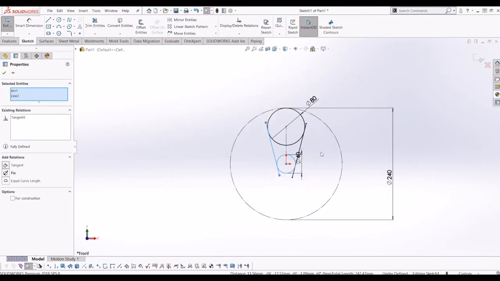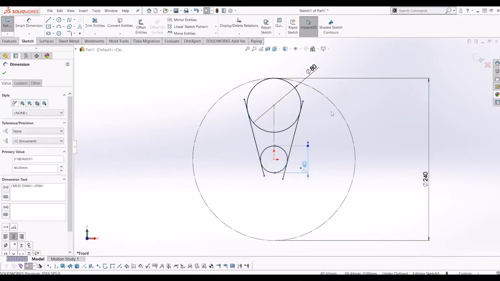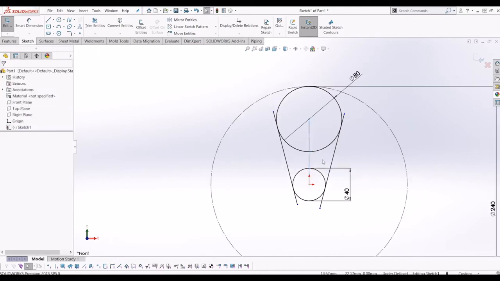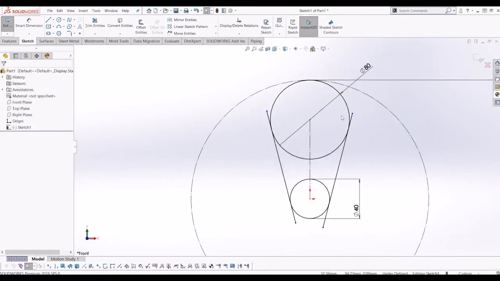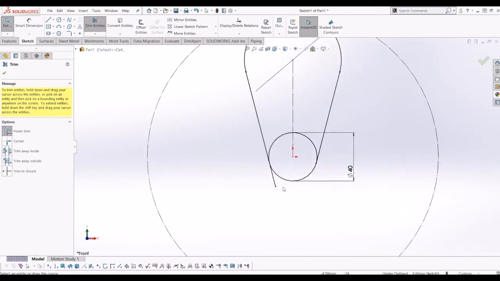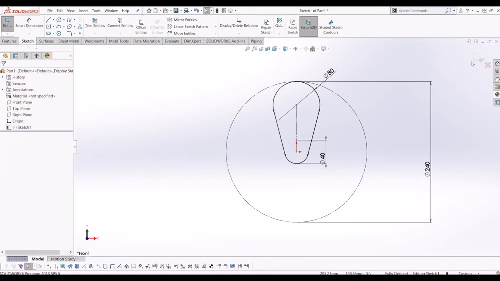So I've drawn 3 circles, 240 diameter, 80 diameter, and 40. The 240 circle is a construction circle, and then I've just done a construction line in the middle of both these 2 circles as well. And then put a line either side of tangency, and now I'm just going to trim each side, and then you end up with an oval shape like this. So from there I'm going to extrude this shape